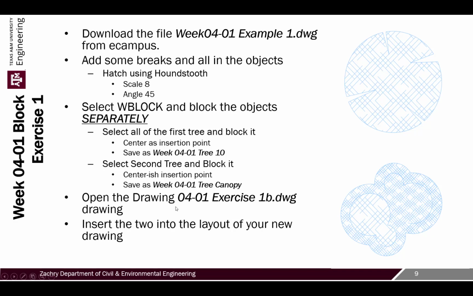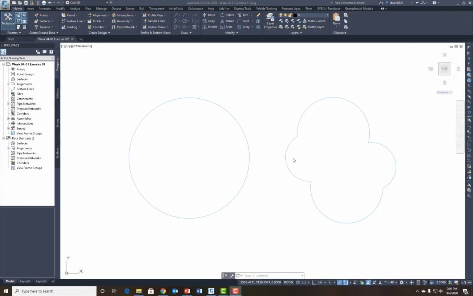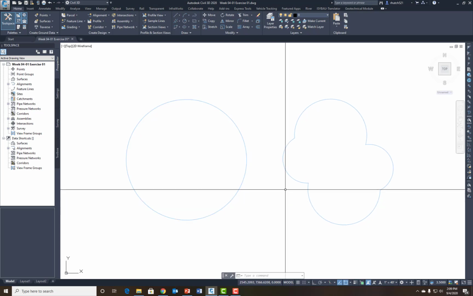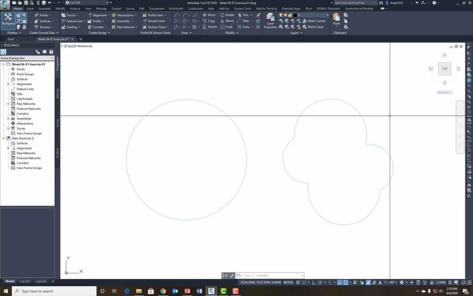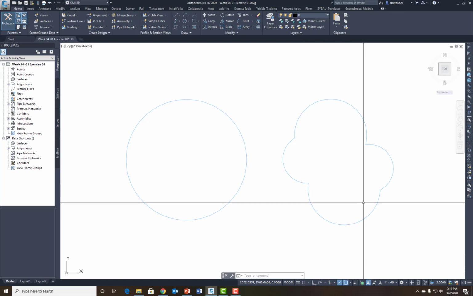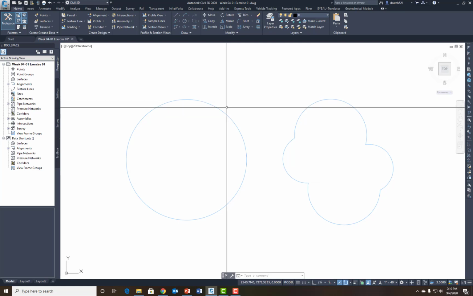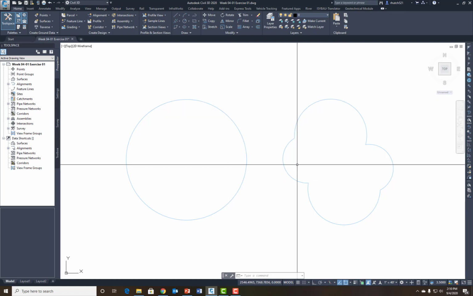So that's the plan. Now let's open up Civil 3D and see how you do it. So I've opened up the first exercise file, and I put these two shapes in here. One's just basically a circle, one is a circle, 2 or 3 circles that I trimmed out like so. And so now that I got that, what I can do is I can come over and